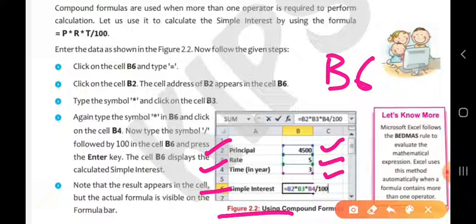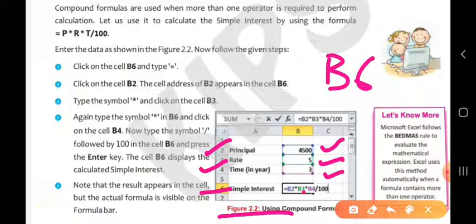Click on the cell B6. First of all, you should click on this cell. Then after that, click on the cell B2. The cell address B2 appears in the cell B6. Then after that, type the symbol star and click on the cell B3. You can write by your keyboard also.